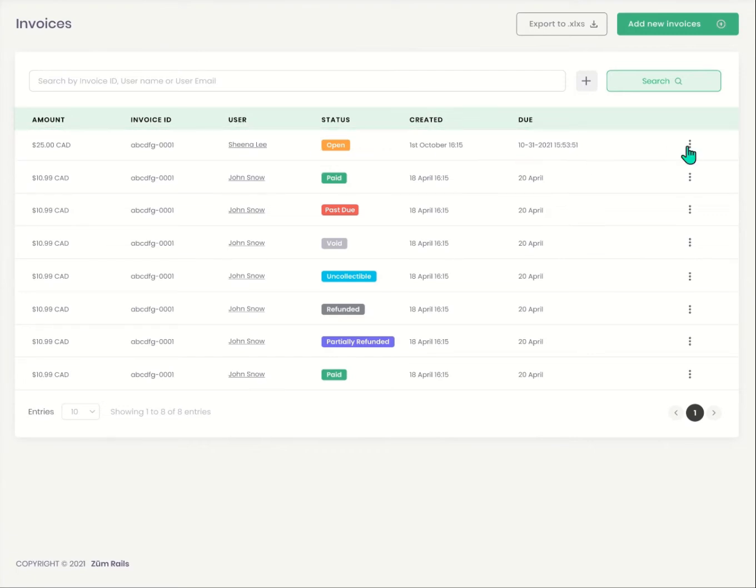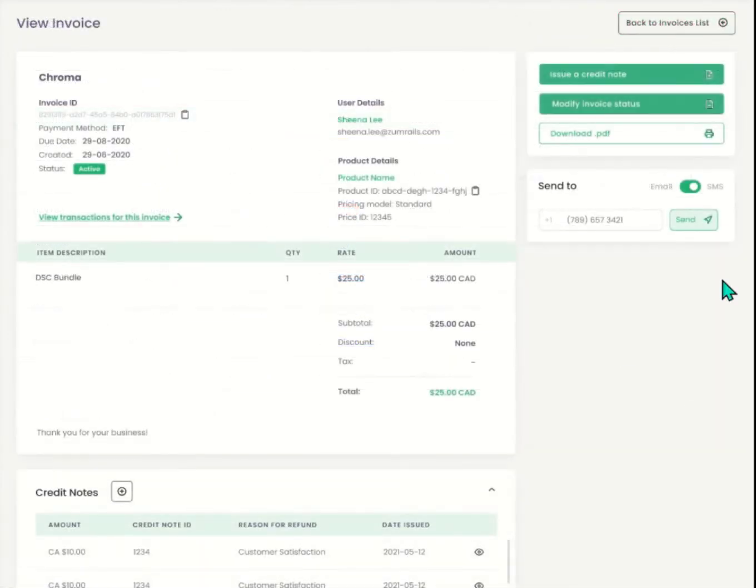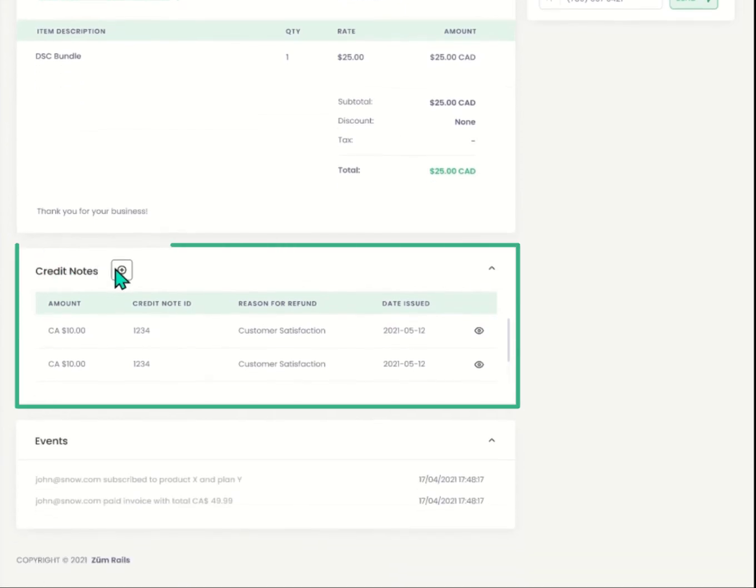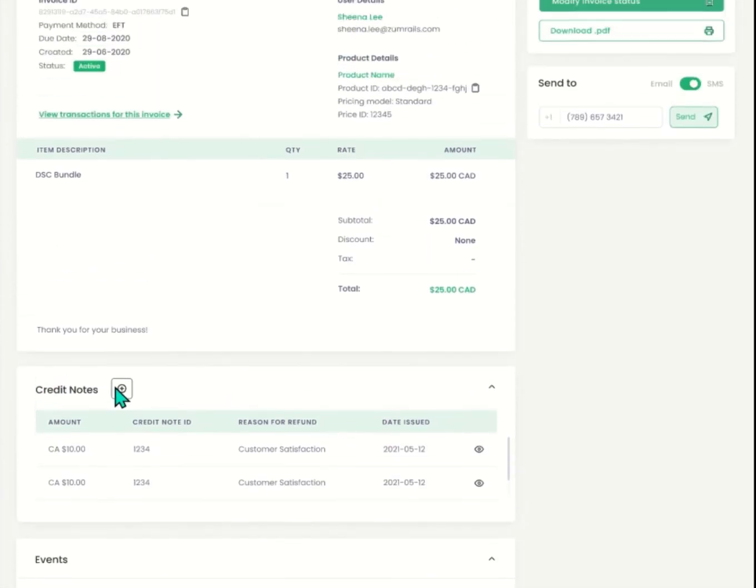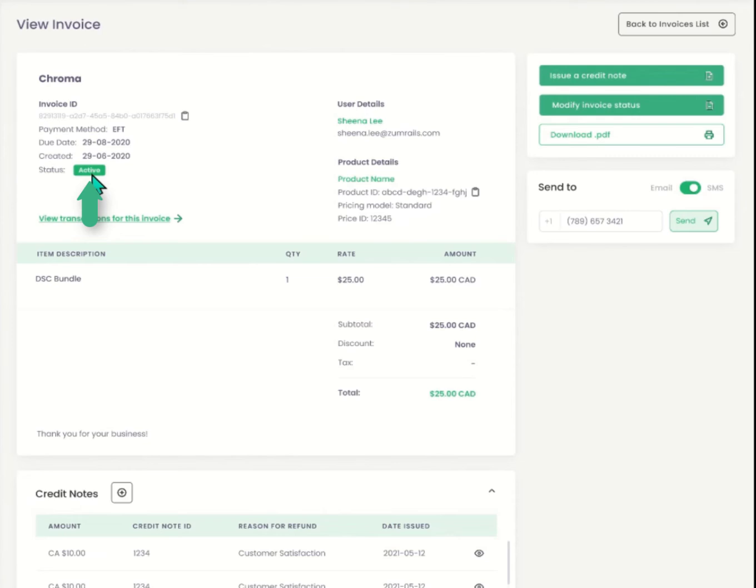You can view the details of the invoice by clicking on this button. The View Invoice page contains an overview of key invoice information, like the product details or credit notes associated to the invoice. You can also see the status of the invoices, the most common statuses being active, past due, or